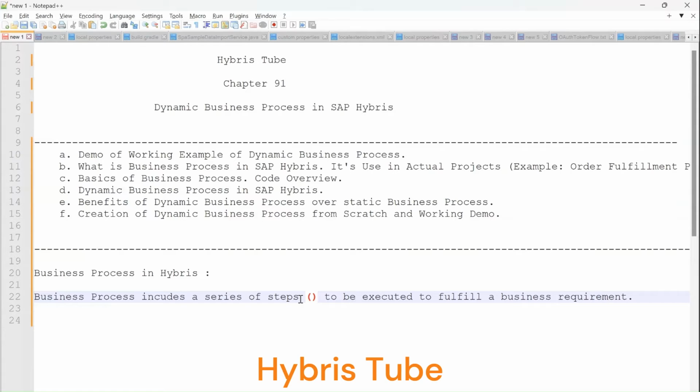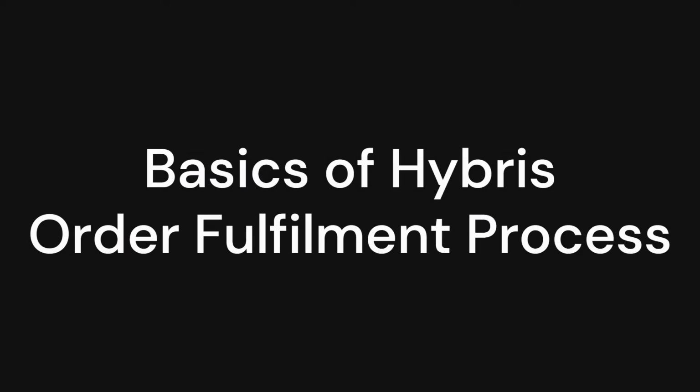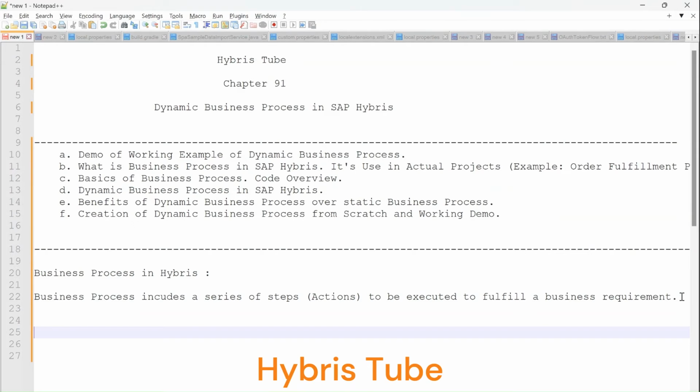In the demo I showed you, right, we were writing some actions. So it includes a series of steps which need to be executed, and why those need to be executed: to fulfill a business requirement. Now I will go into detail on this point. Let's say I have a requirement that,